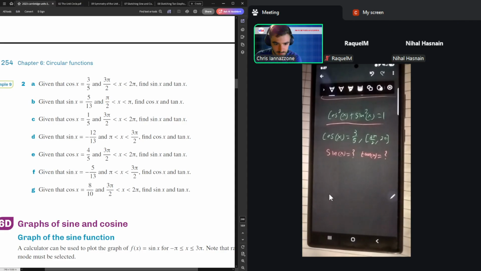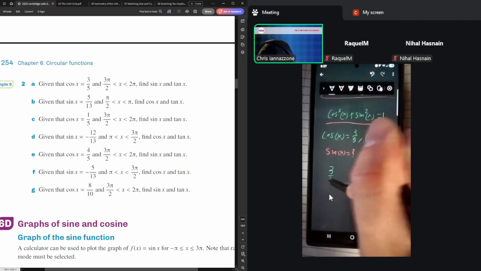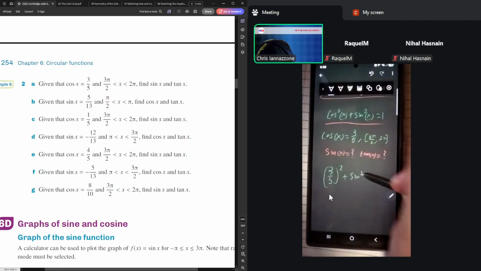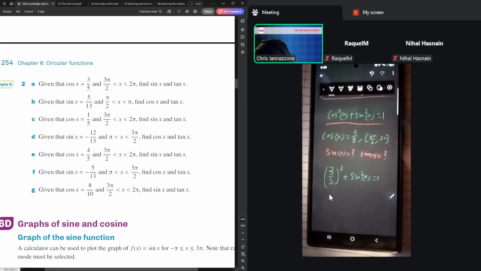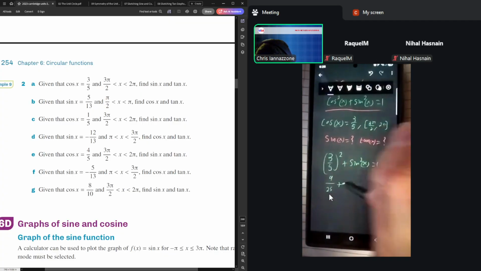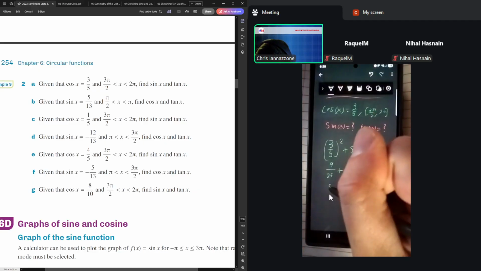Yeah, so we're going to basically sub in the value that we have and use it to solve sine. Absolutely. So 3 over 5 all squared plus sine squared equals 1. 3 3s are 9, 5 5s are 25, plus sine squared equals 1. Sine squared